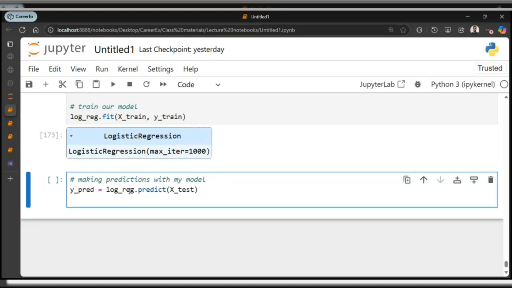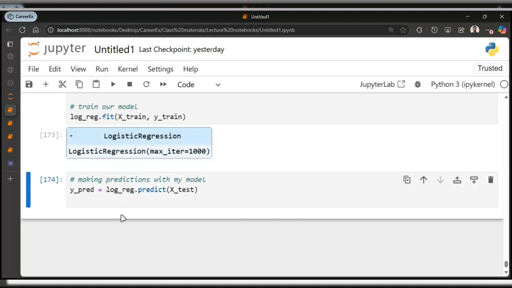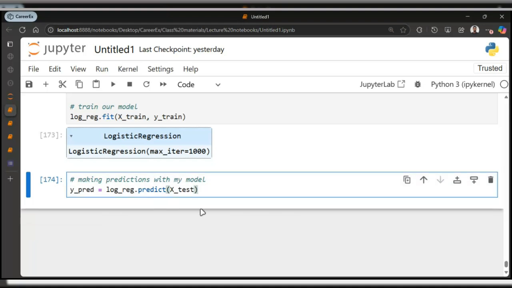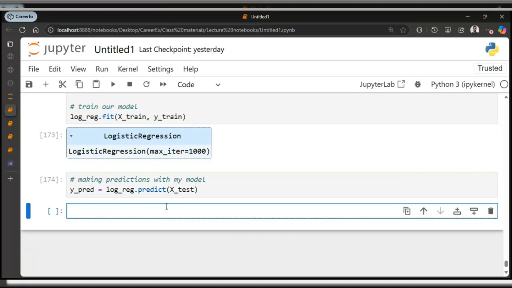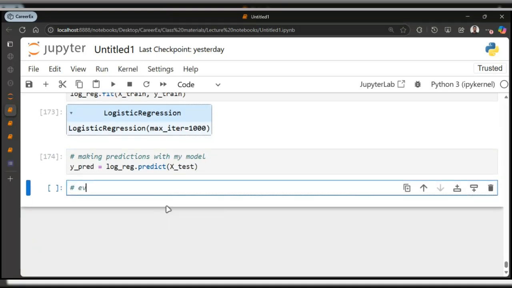So we're making predictions. All right, so that's it for y. Now we're going to start evaluating our model.